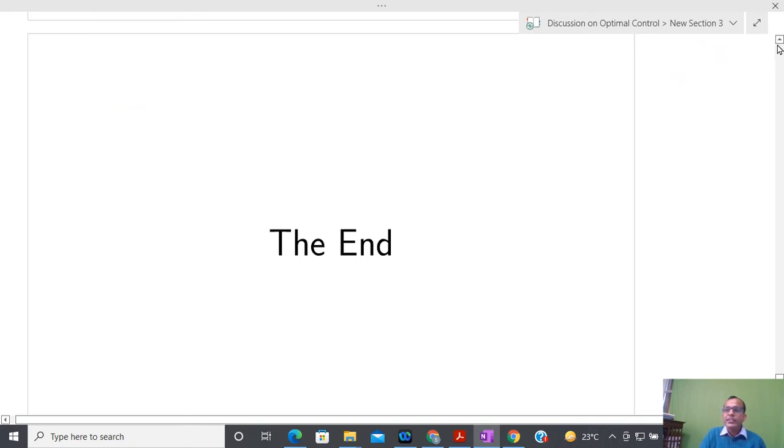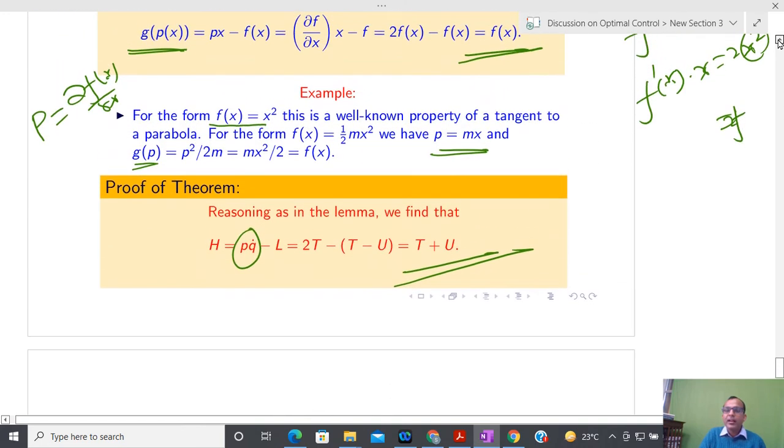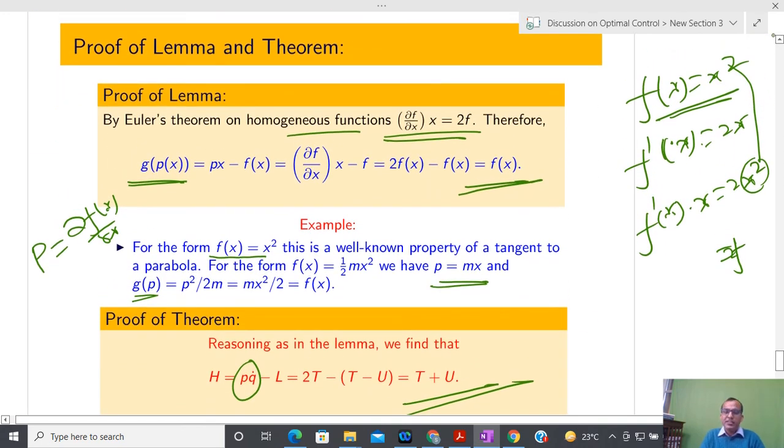Okay, so in this way, now this lecture is over from my side. Now I am going to conclude this lecture. What basically we have seen is that I have some kind of functional, and I have to extremize that functional. I know the boundary points. Then the Euler-Lagrange formulation comes into picture. The Euler-Lagrange equation is a second order non-linear